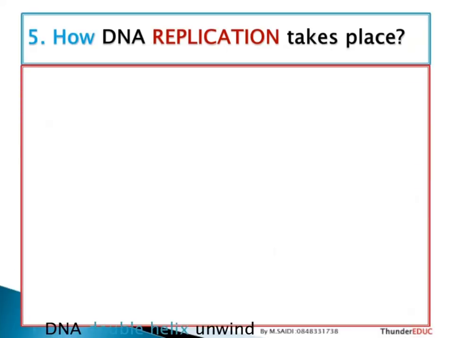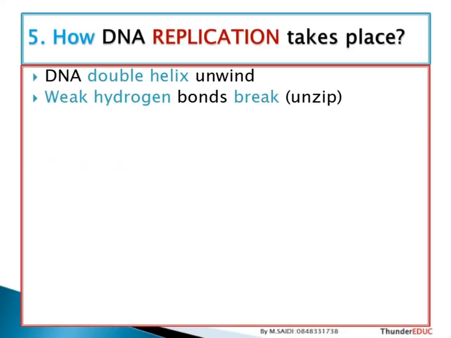Now, how does DNA replication take place? As I've been explaining, the DNA double helix unwinds. My learners love to make fun of me when I say unwind. Now, the weak hydrogen bond breaks, and as it breaks, the two strands,